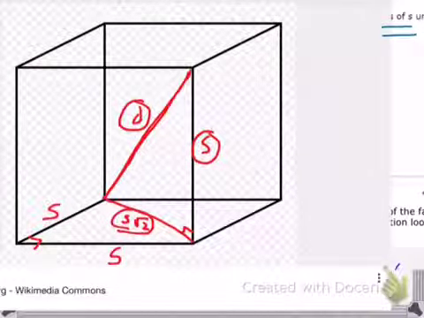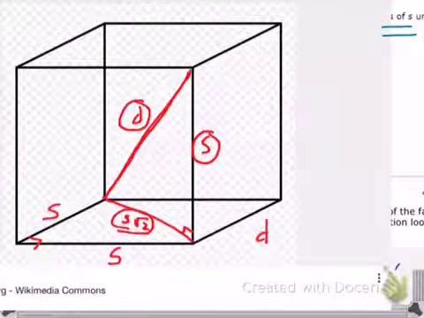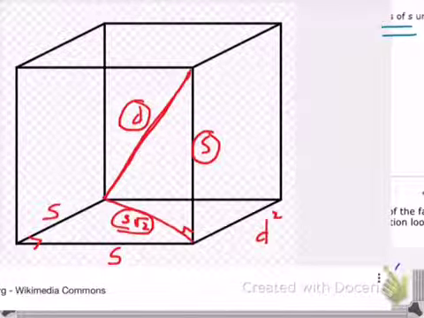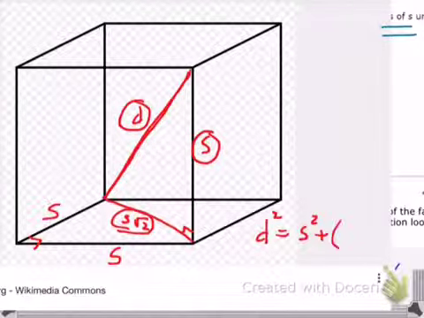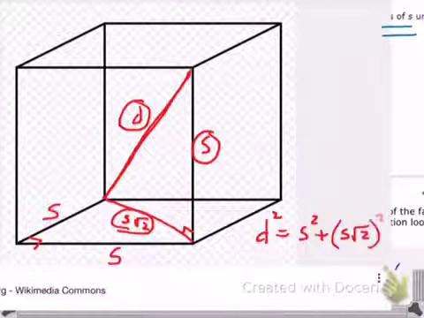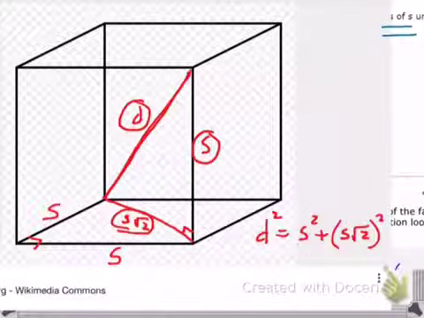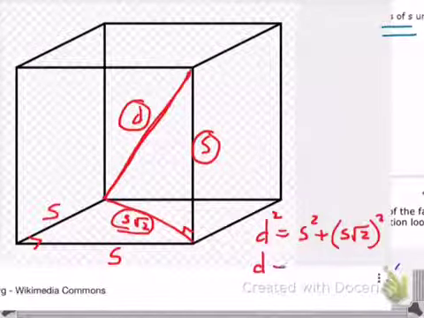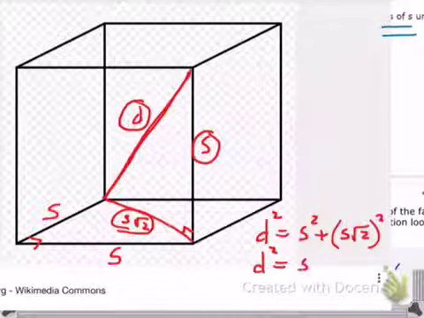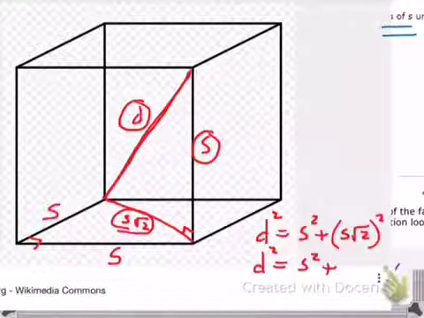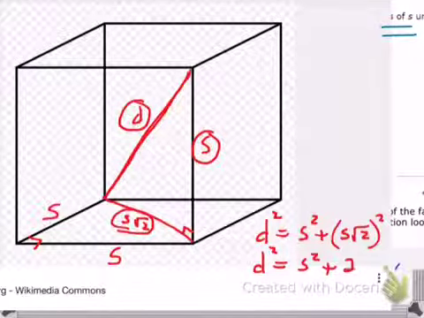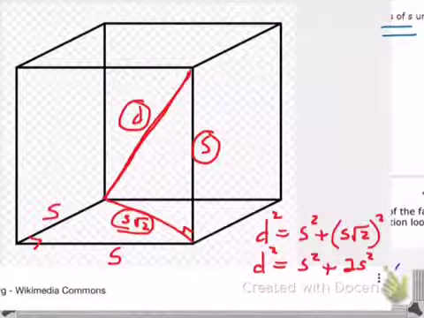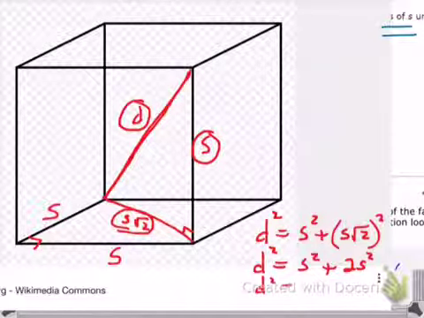So this immediately throws us into the Pythagorean Theorem, where we have the square of the hypotenuse is equal to the sum of the squares of the other two sides. So a squared plus b squared equals c squared. So we'll have s squared plus s times the square root of 2 squared equals d squared. All right, so d squared equals, that's just s squared. When you square the square root of 2 and you square s, you get 2s squared. So d squared equals 3s